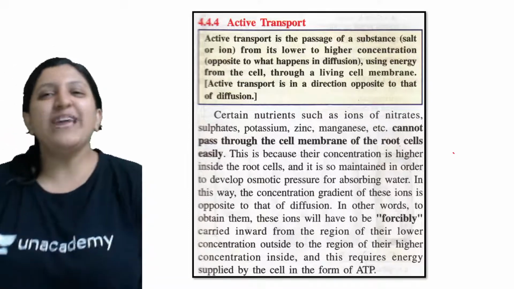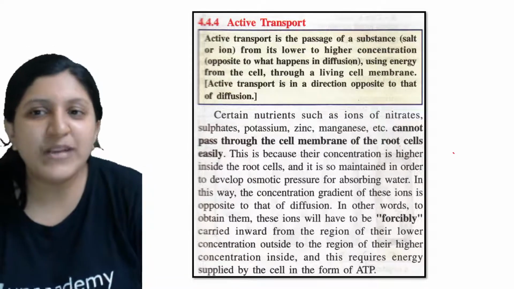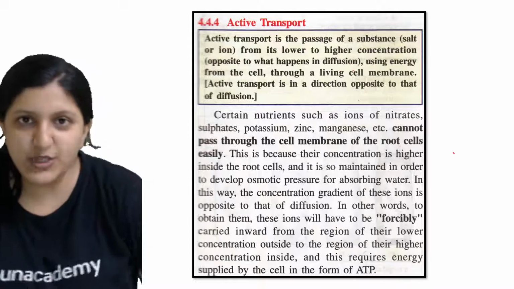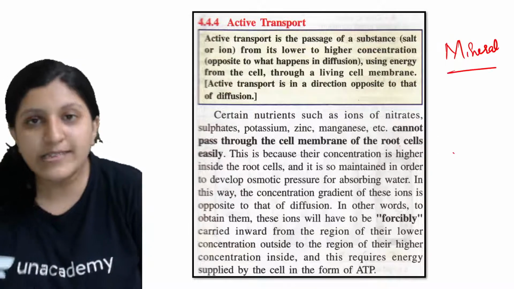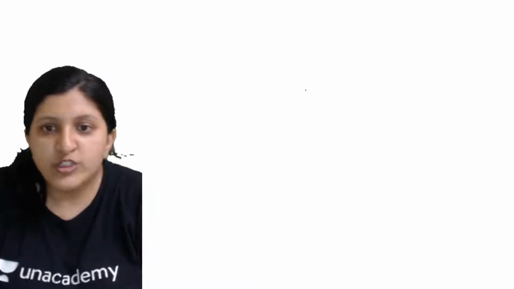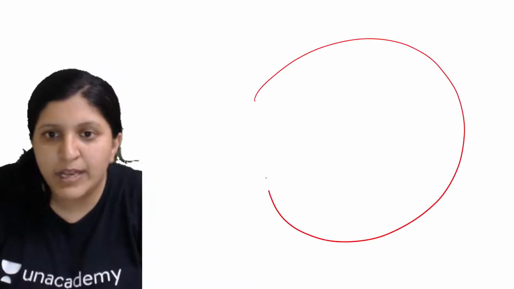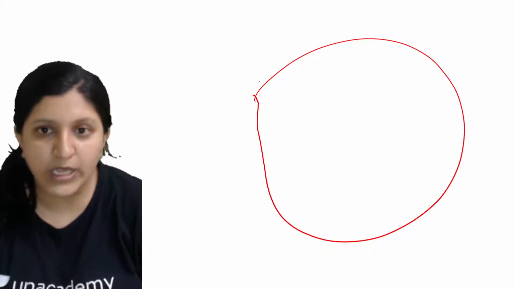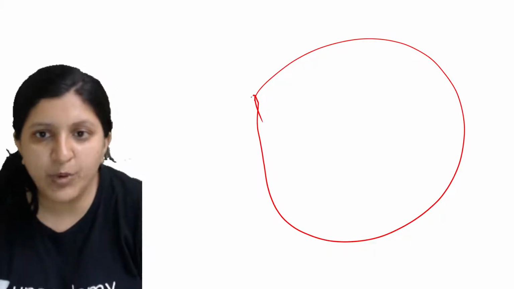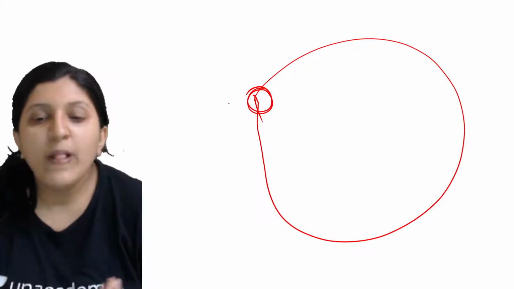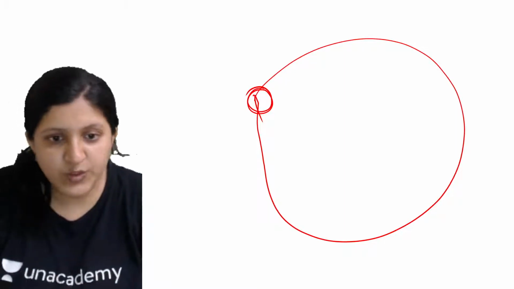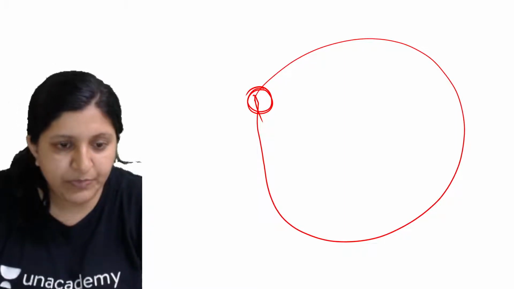All right. So in that case, active transport is basically the passage of a substance. The minerals are taken inside. So how exactly are these minerals taken? Let me just explain this. One second. Now the cell membrane is there. Let's say this is a cell membrane. The cell membrane is having a protein. So there will be a cell membrane protein over here. Let's say this is a protein which might be present. Now if a mineral has to be taken in, let me just draw it in a different way.